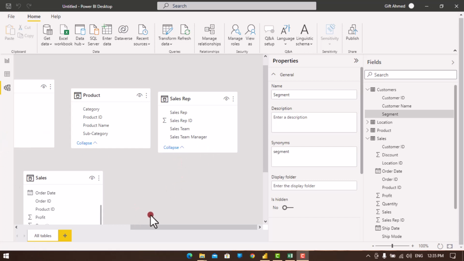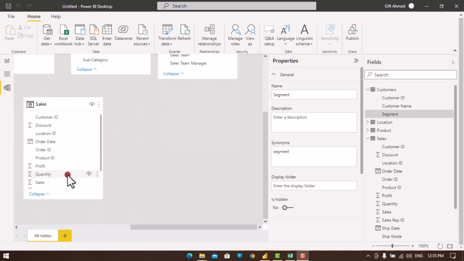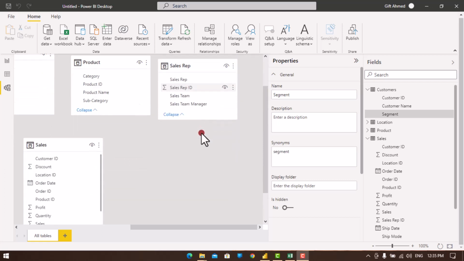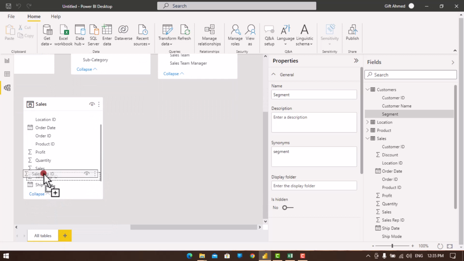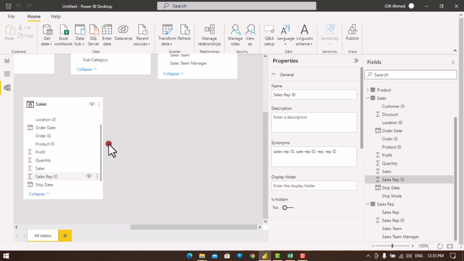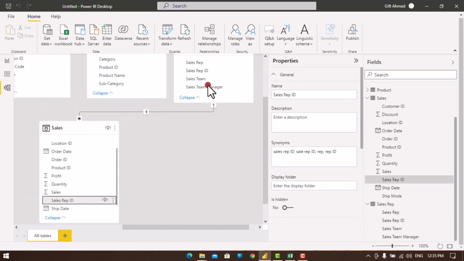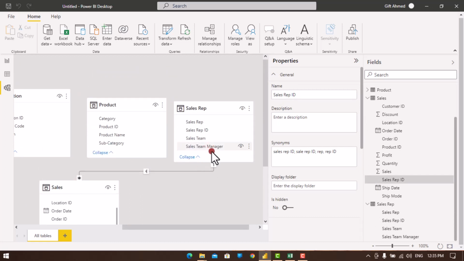Now, what we're going to do once again is try to drag and drop each of the reference IDs into the fact table, which is the sales table. So from here we can drag in sales rep. We'll look for sales rep ID on this table and say connect, by just dragging and dropping it. Now if you notice, there is a connection between the sales rep and the